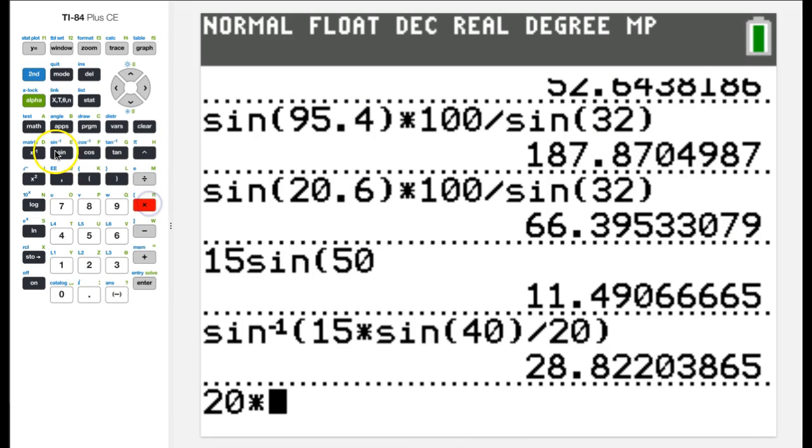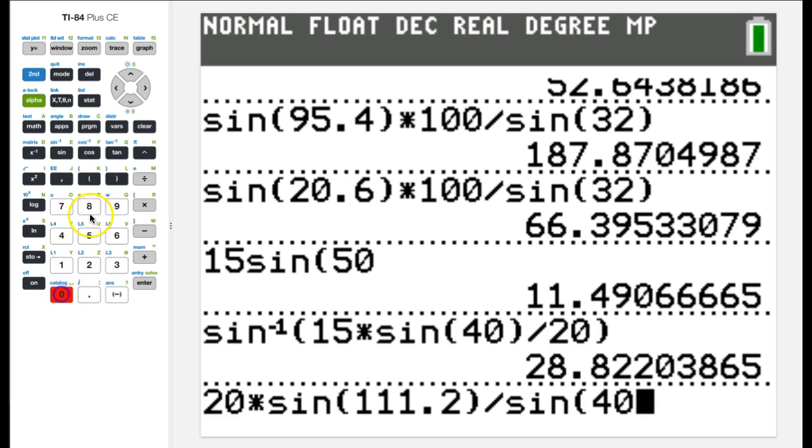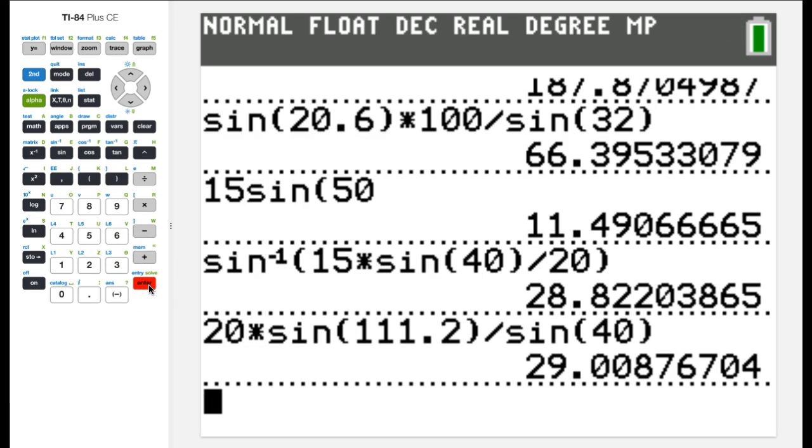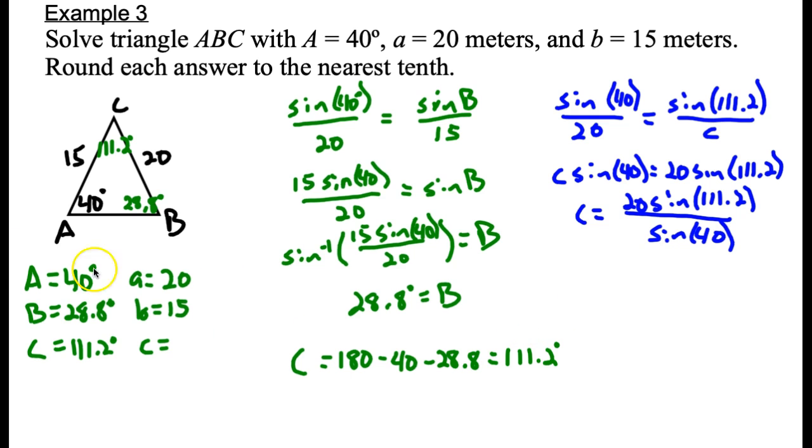20 times the sine of 111.2 divided by sine of 40 gets me 29.0. So C equals 29.0. And we're done. Okay, so for these problems, when we recognize that we have two sides and an angle not included,